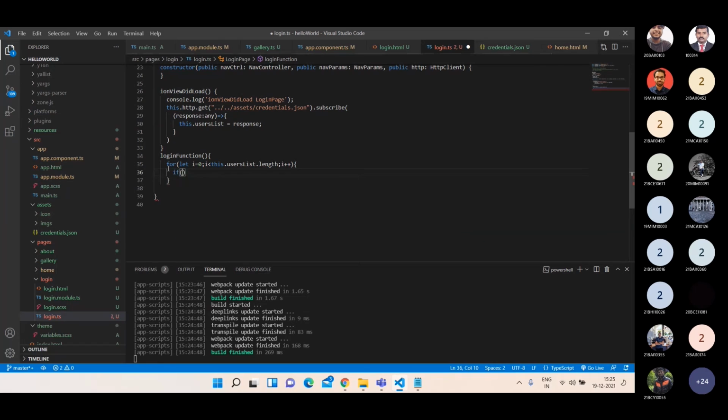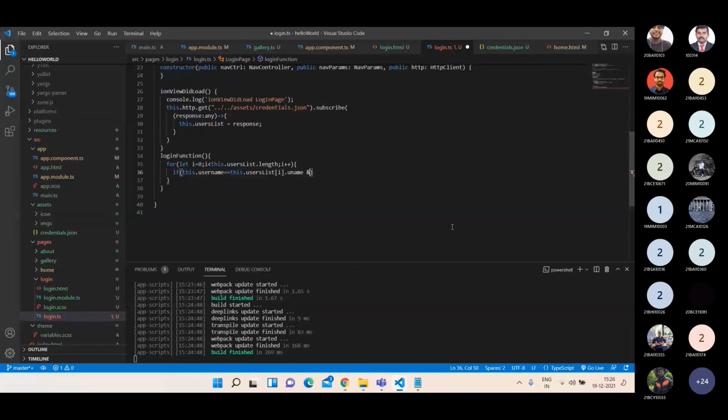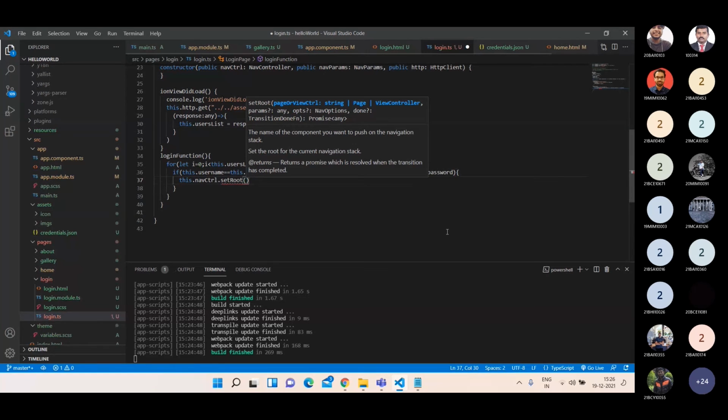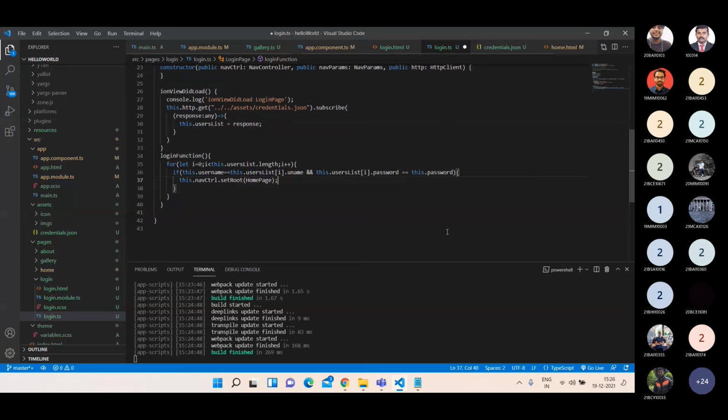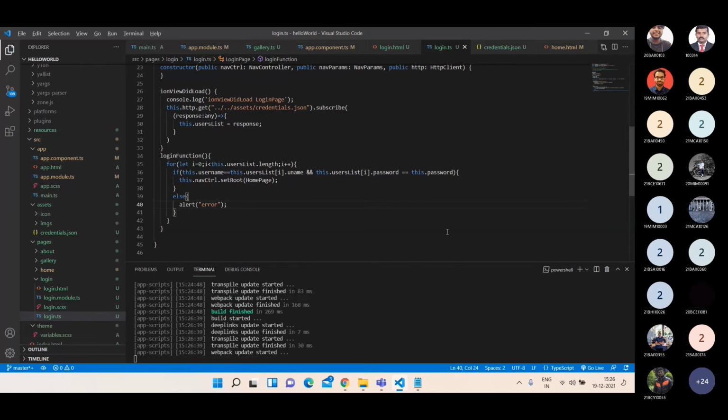If username is equal to usersList of i dot uname, we gave it as uname, and this.usersList of i dot password is equal to our password, then this.navCtrl.setRoot of home page, else show error. Now let us try to log in to our application.